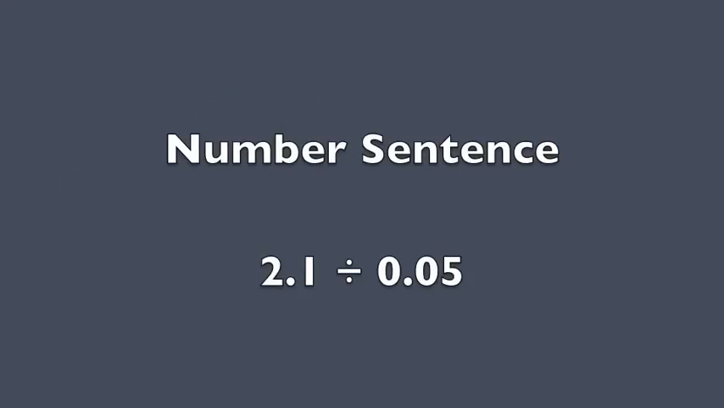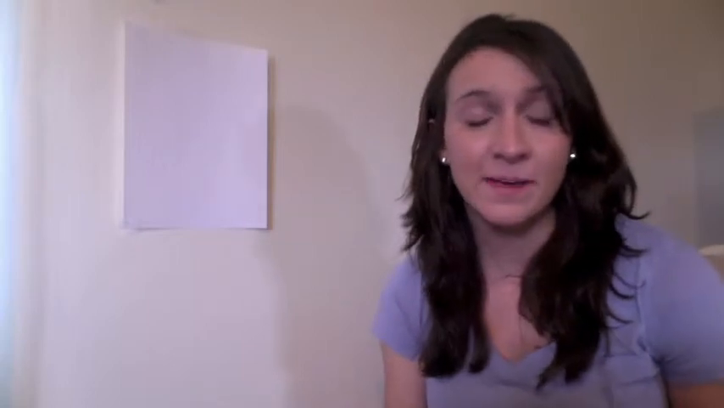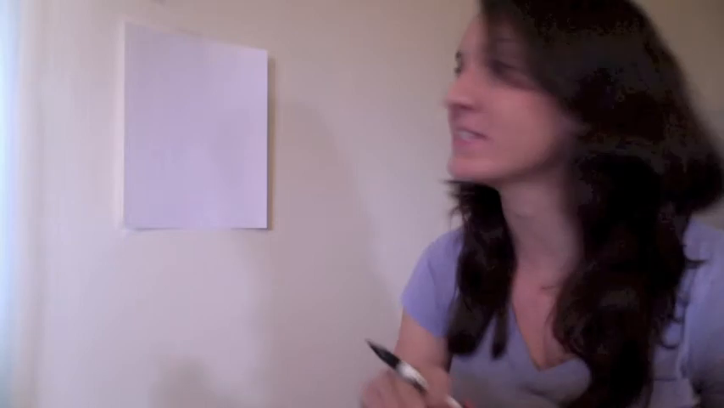First, we will write our problem as a number sentence. The problem is as follows. 2.1 divided by 0.05 or 2 1/10 divided by 5/100. Next, I want to illustrate how we can write this problem using long division. So our first step is to write out our number sentence, which is